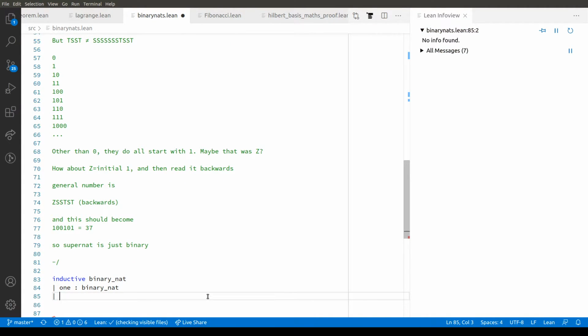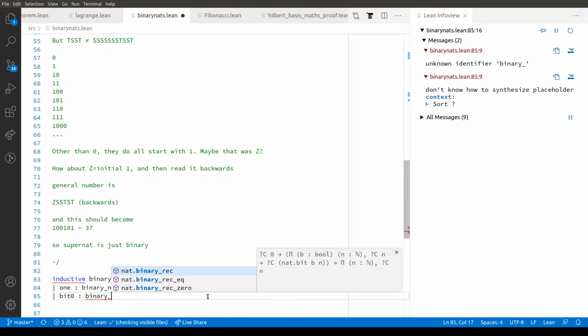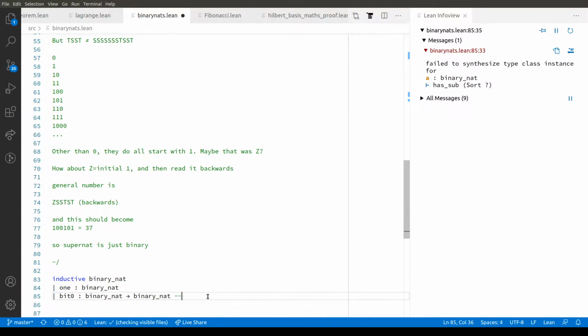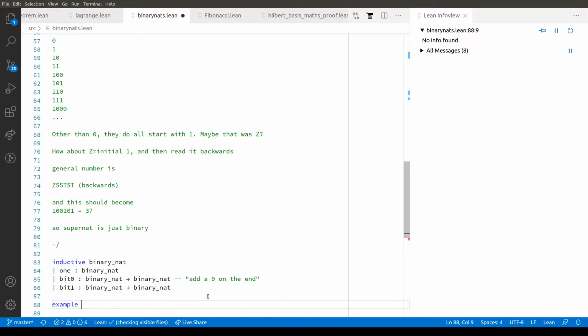And then we've got bit 0. This is mapped from binary nat to binary nat. And this means add a 0 on the end. There. And bit 1, binary nat to binary nat. There. So example, binary nat would be,